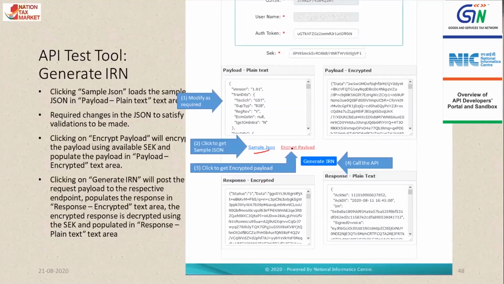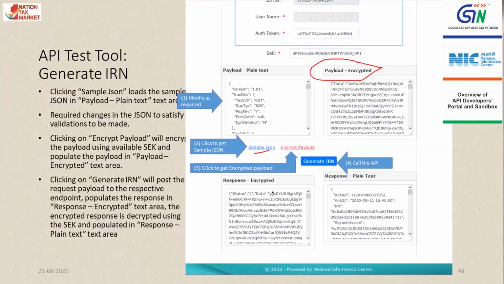Then on click of the encrypt payload hyperlink, the encrypted payload will be populated in the payload encrypted box. Using this, people will be able to verify the various validations, and on click of generate IRN, one will be able to pass this payload to the API and get back the response, and the decrypted response is shown at the right side.